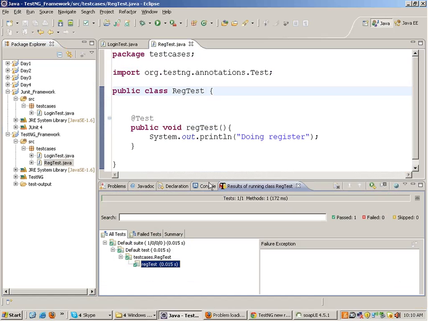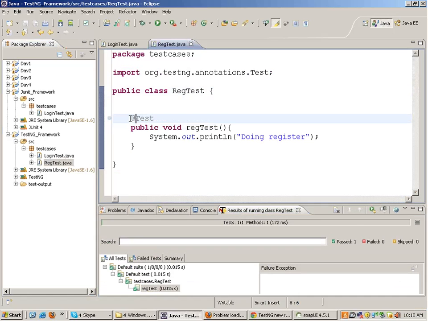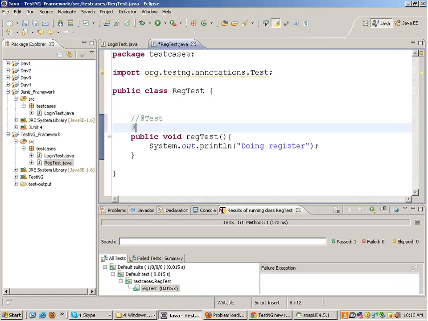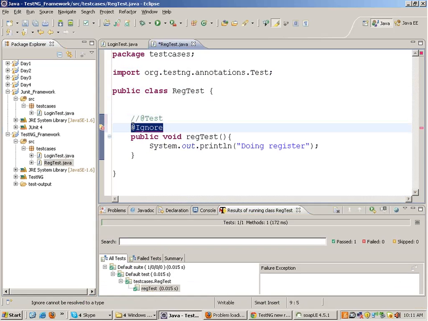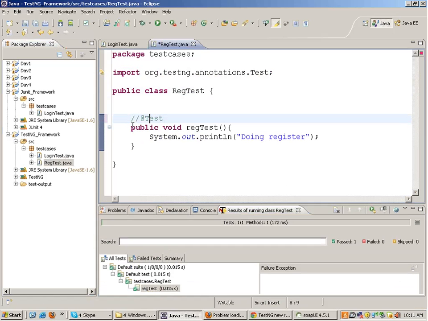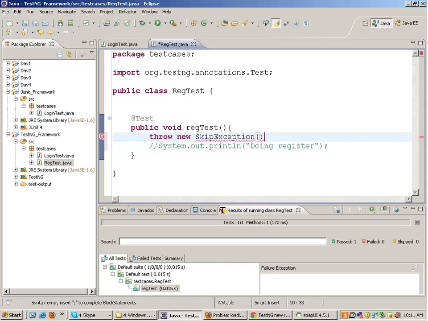Fine, all good. Now if I want to skip this test case, that I don't want to run this test case, then instead of @Test, I have an annotation called @Ignore. Sorry, this is in JUnit. I'm sorry, this is not in TestNG. In TestNG, if you have to skip a test, you can simply write throw new SkipException, and skipping the test